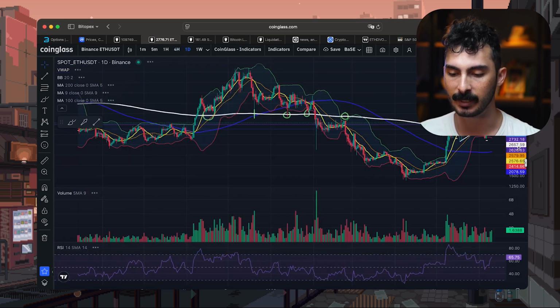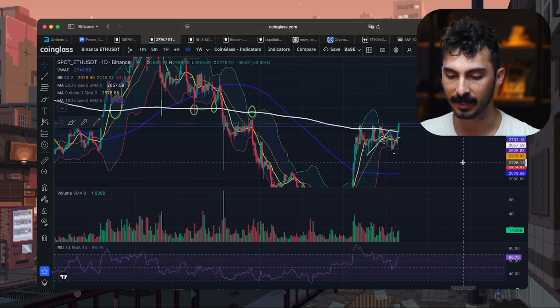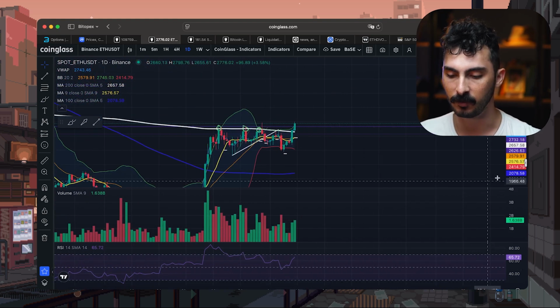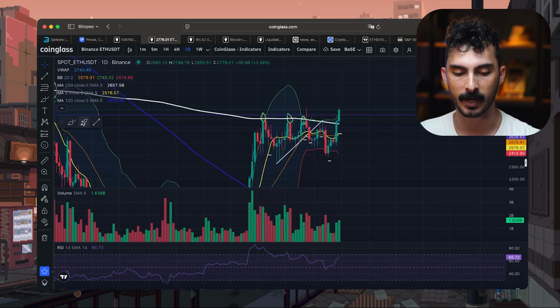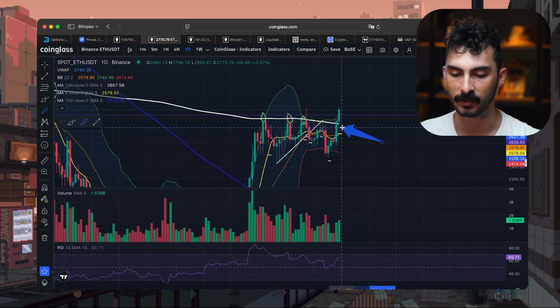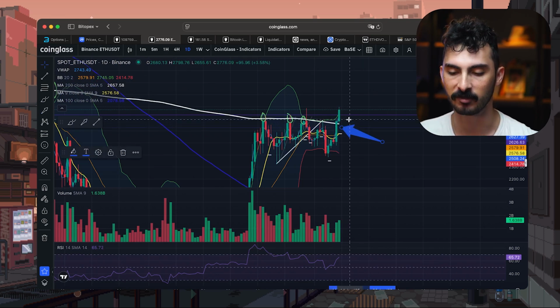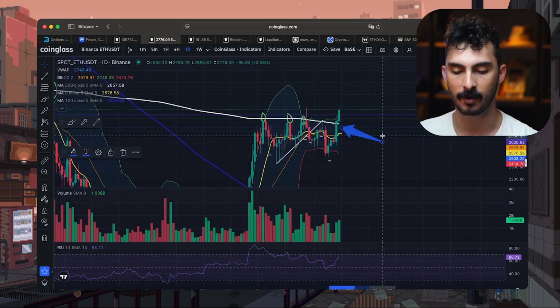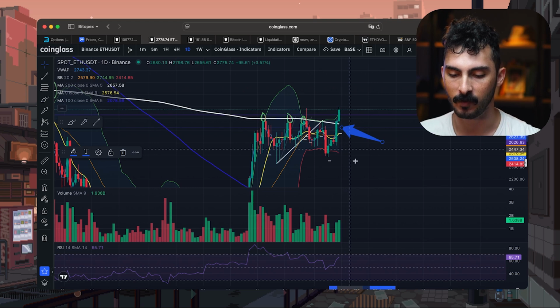If we switch to the daily, you can see that we are in the Bollinger Bands as well, but we are now above the 200 moving average, which is very good for us, because now if we actually break and hold above this line, this will become a place for us to rest if we need to settle down before going back up. So very good for us.